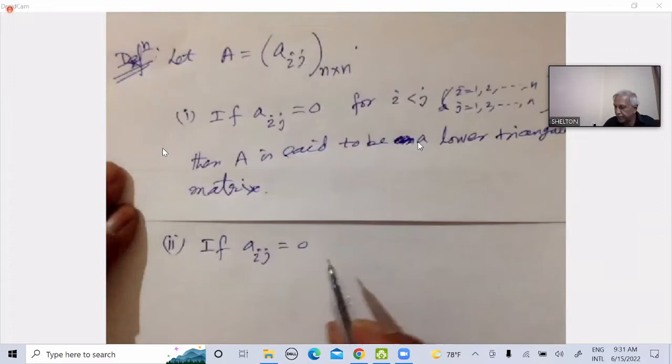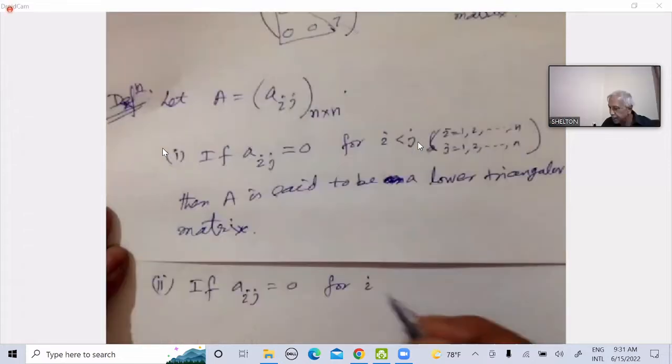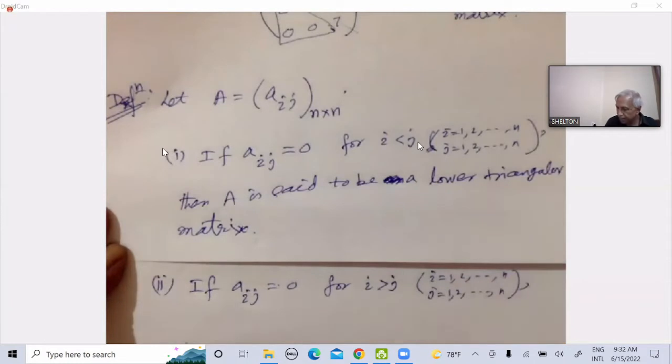If Aij equal to 0 for I greater than J. Yeah, I greater than J. And then again, I and J are going from 1 to n, that need not be written, we know, but just that it is a square. For I greater than J, then A is said to be an upper triangular